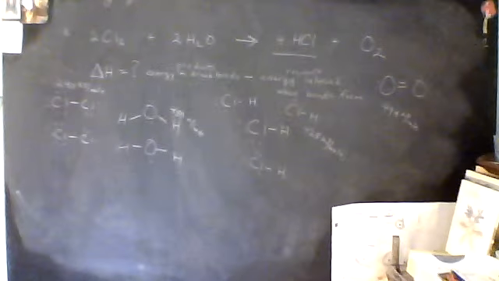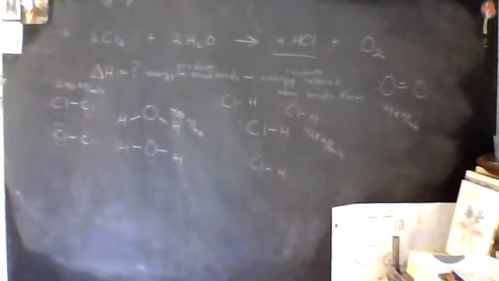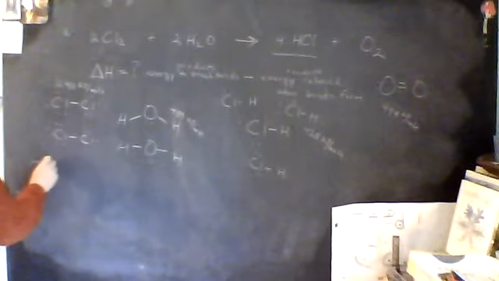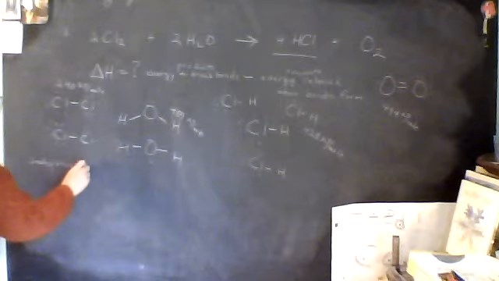So of the chlorine bond, how many moles do we have? 2 moles. So we've got 2 moles times 240 kilojoules per mole. Plus,